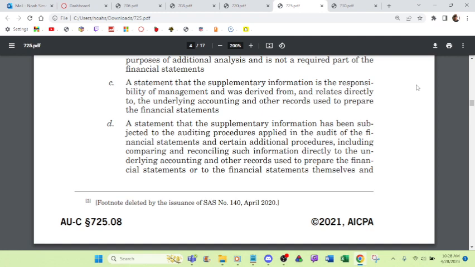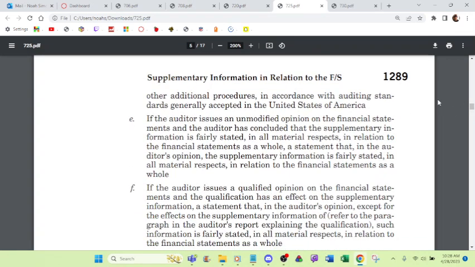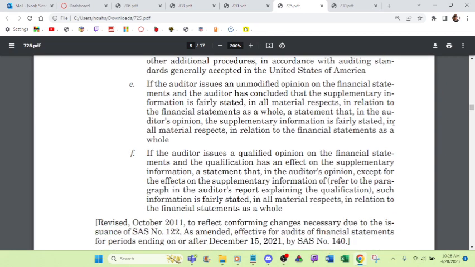including comparing and reconciling such information directly to the underlying accounting and other records used to prepare the financial statements or to the financial statements themselves, and other additional procedures in accordance with auditing standards generally accepted in the United States of America if the auditor issues an unmodified opinion on the financial statements and the auditor has concluded that the supplementary information is fairly stated in all material respects in relation to the financial statements as a whole; a statement that in the auditor's opinion the supplementary information is fairly stated in all material respects in relation to the financial statements as a whole;